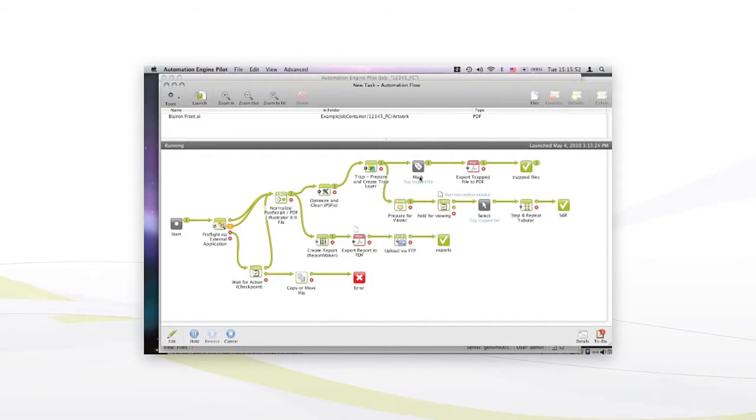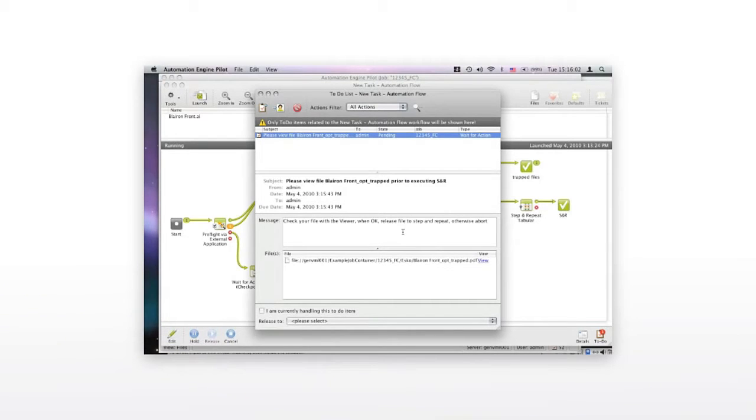We see how we have the user intervention needed for our viewing. So I'll go to my to-do list. And my to-do list informs me that I have to view the file prior to executing my step and repeat. So I go into the viewer